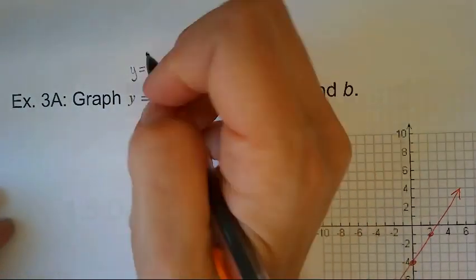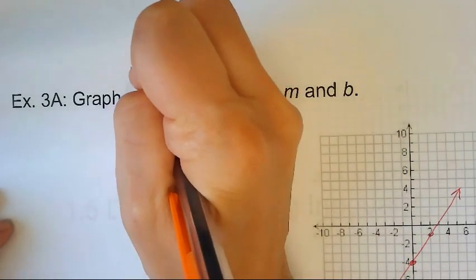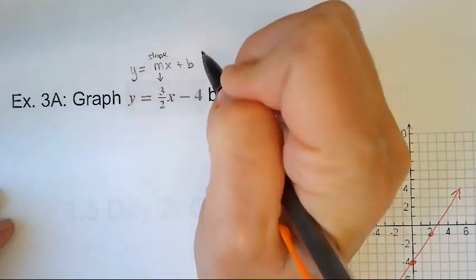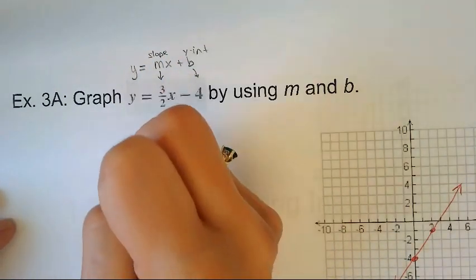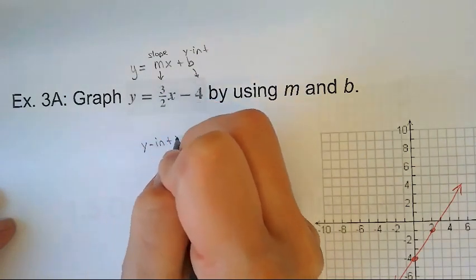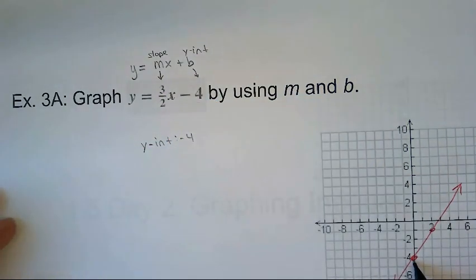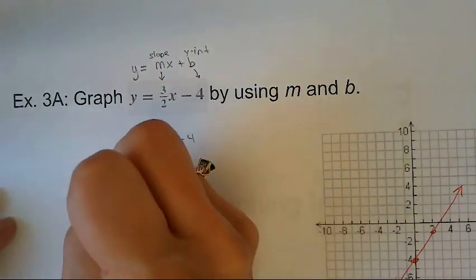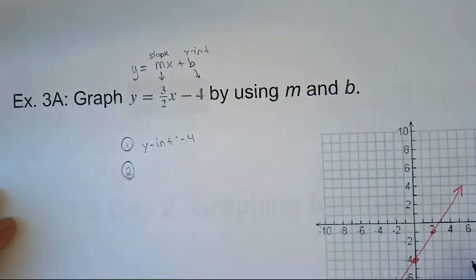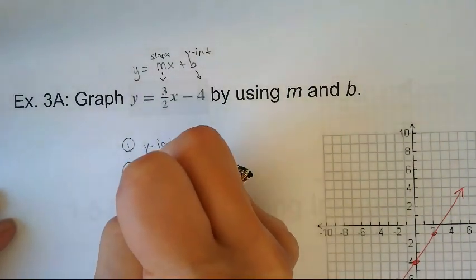Remember, we already talked about this. This is your slope number, so your rate of change. This is your y-intercept. So to begin, I know my y-intercept is going to be at -4. That's always my starting point, finding that point to begin. Okay? Then your next step is to find the next point, and that's where you use your slope